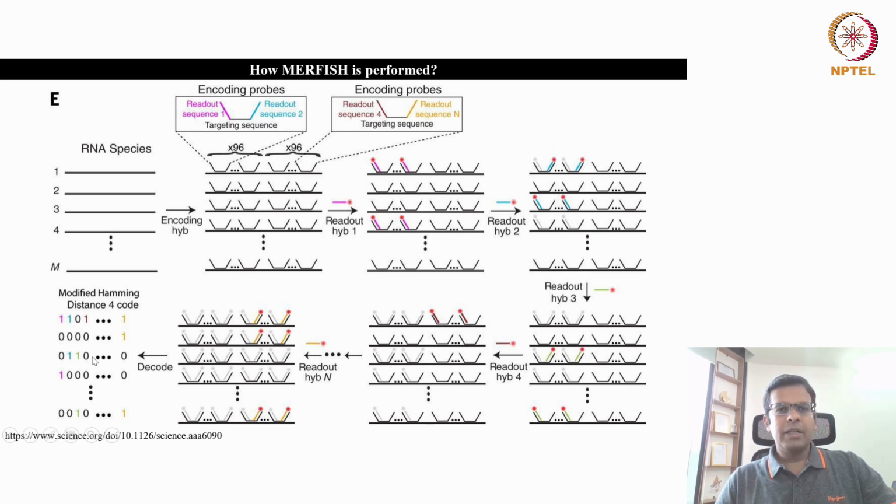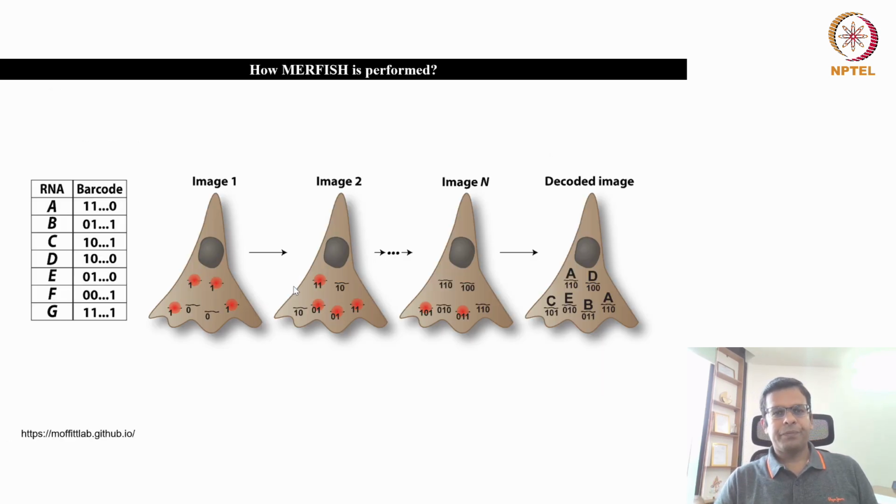For the third mRNA, it was detected in the second and third images. In the first image, it is not there. In the second image, it was hybridized to this blue colored probe. It was hybridized to this green colored probe, but it was not hybridized to this maroon colored probe. Okay, so its barcode is 01100. This way, each mRNA will have a different, unique barcode.